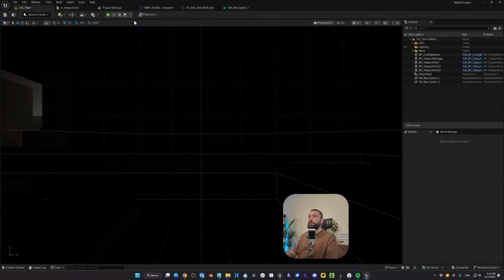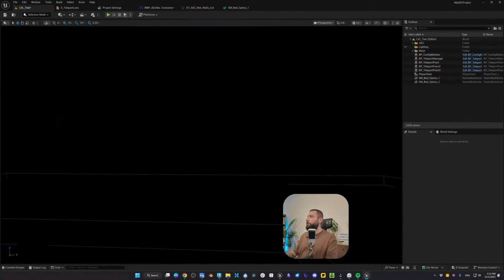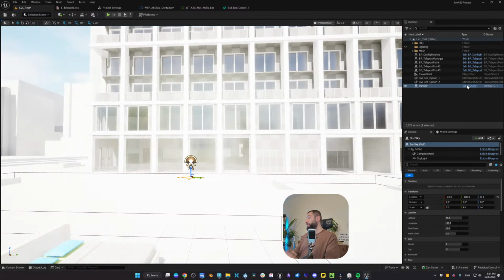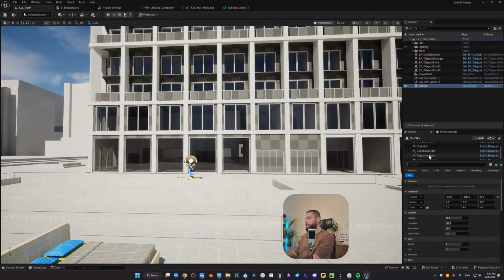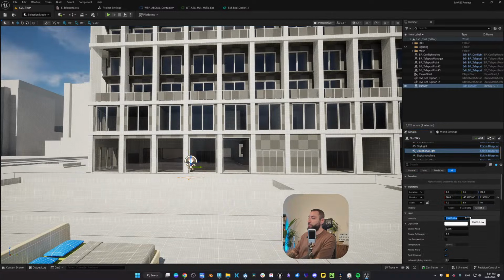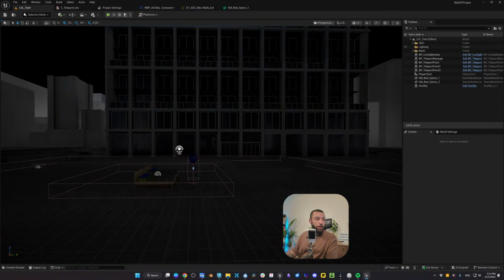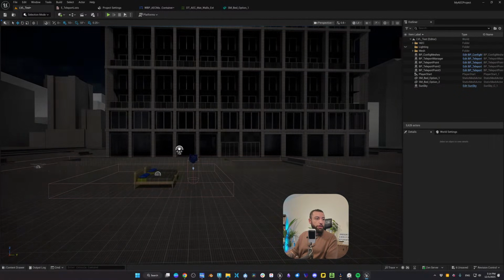Okay. So I'm going to add to my level an actor that comes with Unreal Engine when you choose the architecture template. It's the sun and sky. So if you go to add and you go to lights, you go to sun and sky. Let's just quickly select the sun together and set it from 75,000 lumens to 10 lumens and give the auto exposure some time.